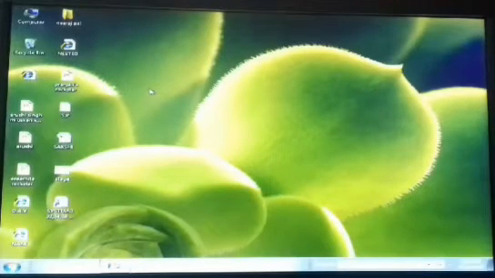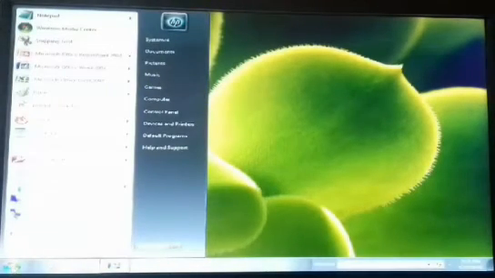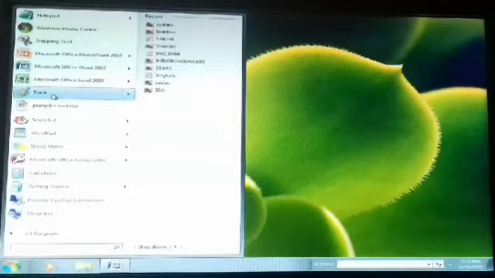So dear students, if you want to open MS Paint, then first of all you have to click on the start button here. Now you can see this is the left pane and this is the right pane. You have to just search in the left pane. Here you can see this is the paint option.